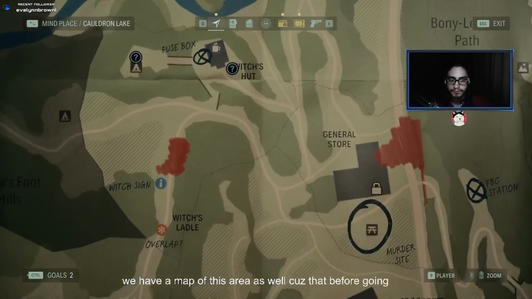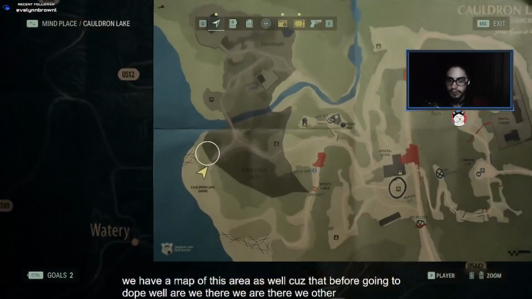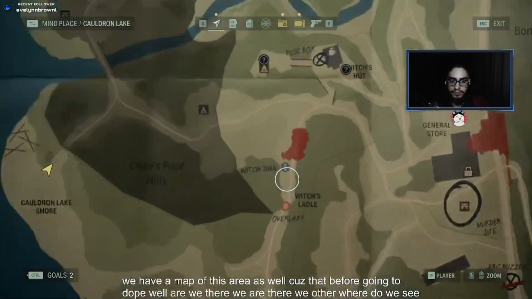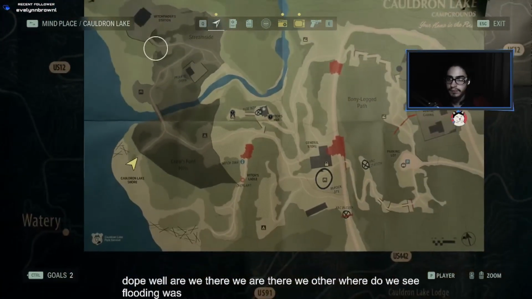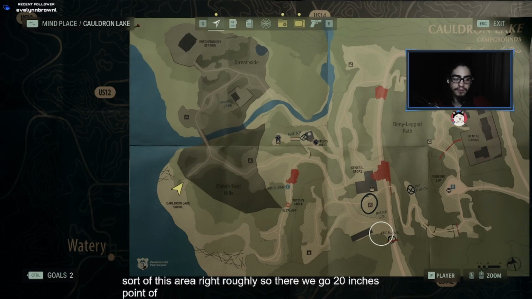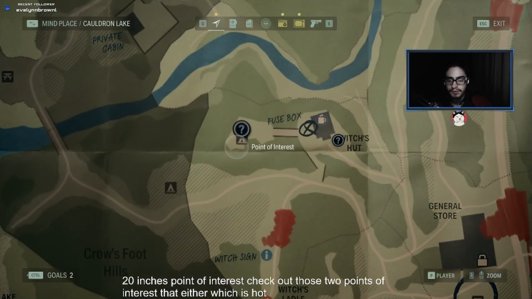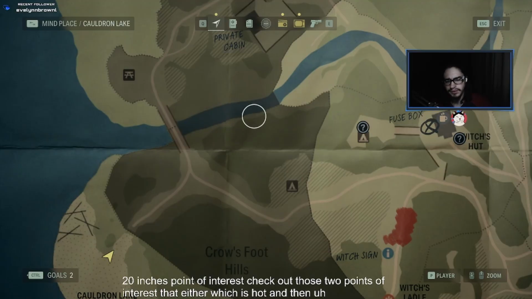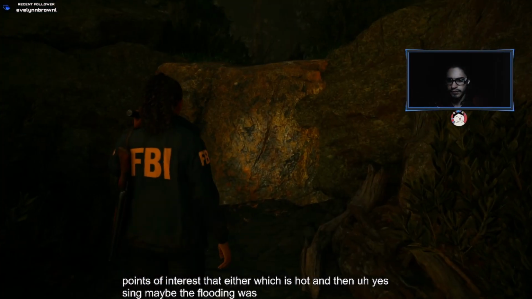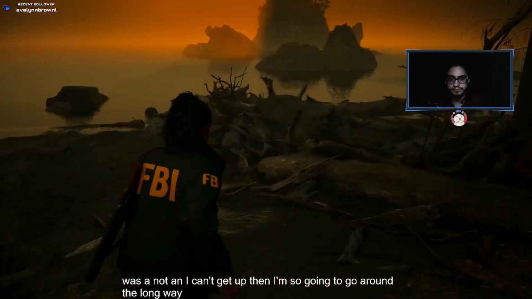Do we have a map of this area as well? Because that would be freaking dope. Where are we? There we are. Where do we see... The flooding was sort of this area, right? Roughly. So, there we are. Point of interest, point of interest. Check out those two points of interest. That'd be the witch's hut and then that. Guessing, maybe? The flooding was this area, was it not? But I can't get up there now, so I've got to go around the long way, I'm guessing. I mean, I could be wrong, but...